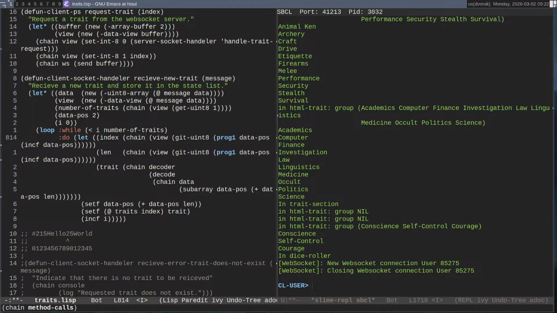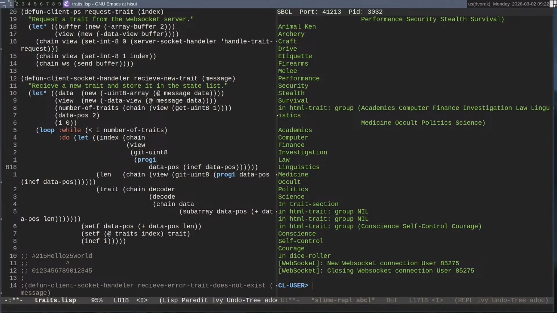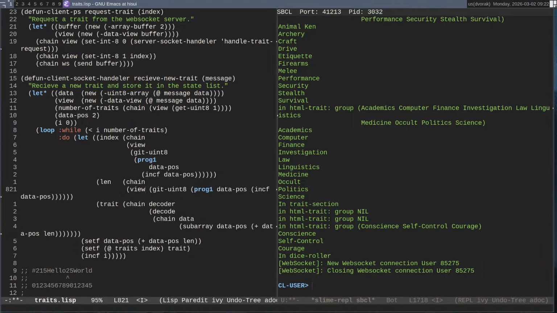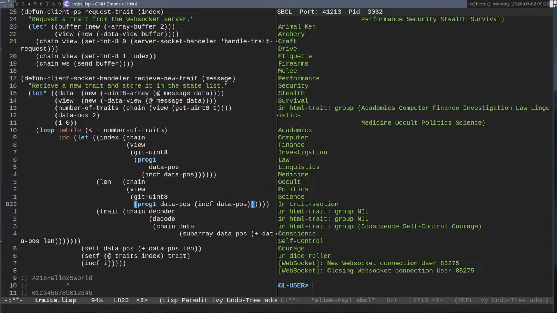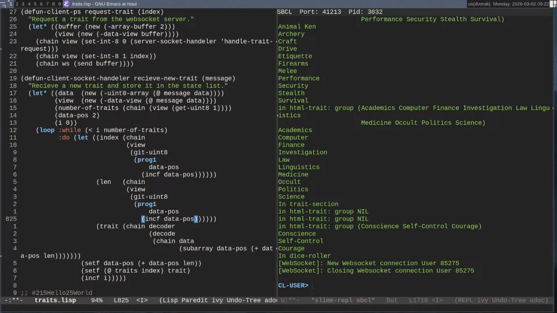So, index, chain, view, progn, or prog1. Prog1 is a form that returns the result of the first form as opposed to the last form, because it's usually the last form. There we go.